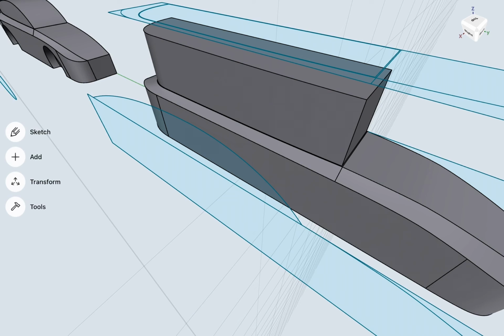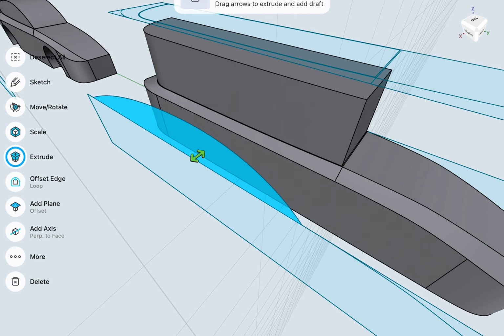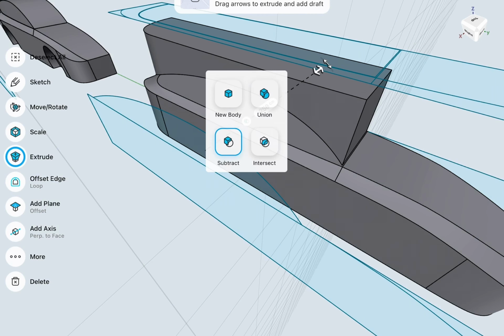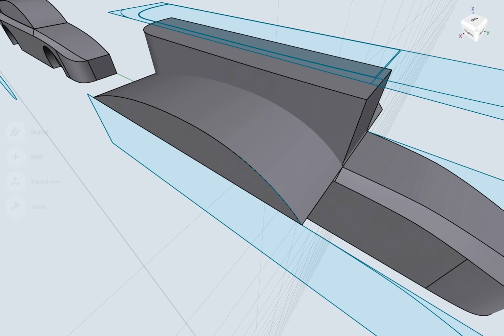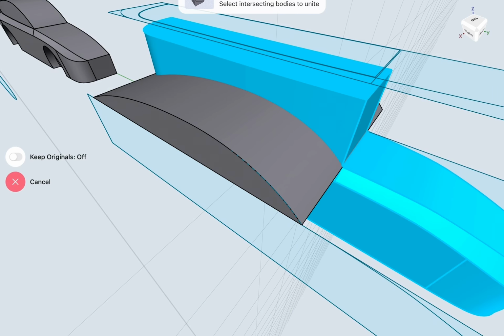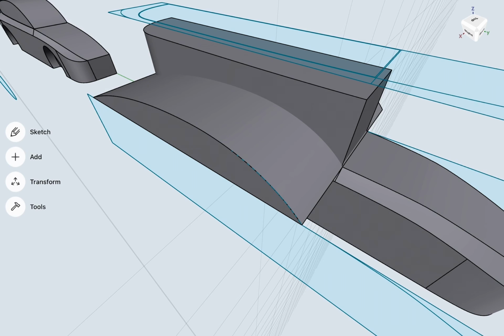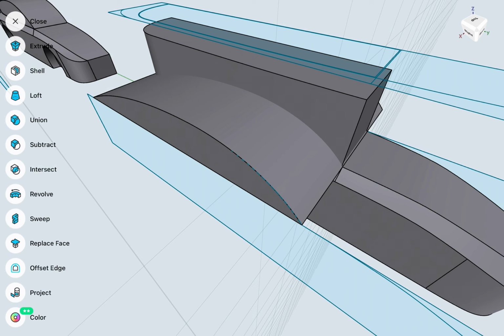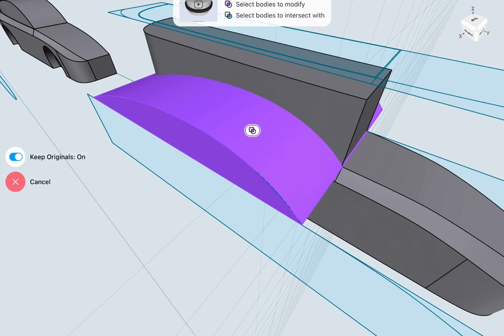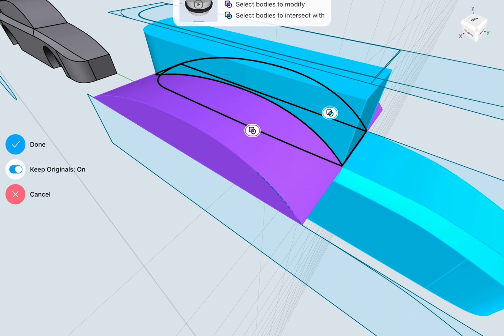Let's take the block we've created, let's take the side profile and drag this through. And we don't want to subtract it, we want to keep it as a new body just for a second. And what we want to do is to ask CAD to use the fairly complex mathematics behind it to say what would happen if you made these two shapes intersect in 3D. As you can see, you've already got the outline of the canopy varying really nicely and